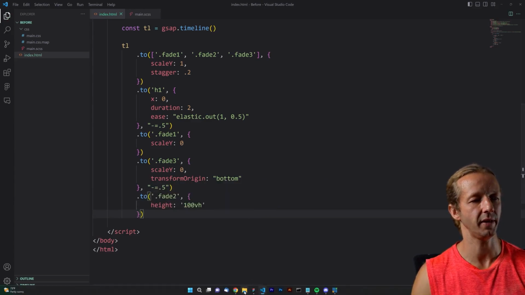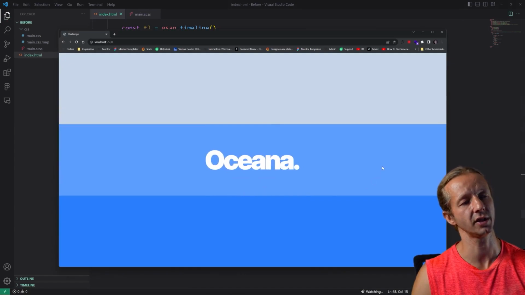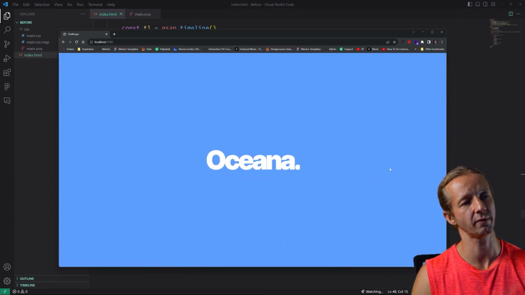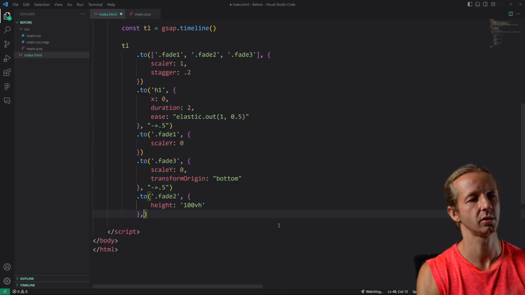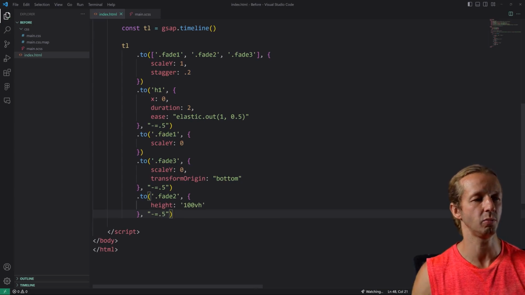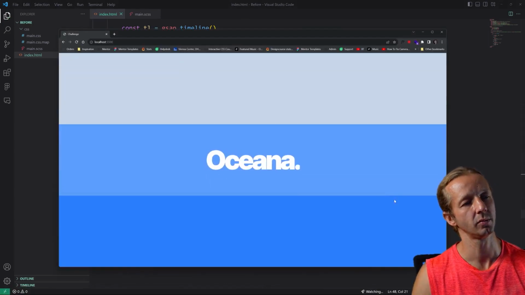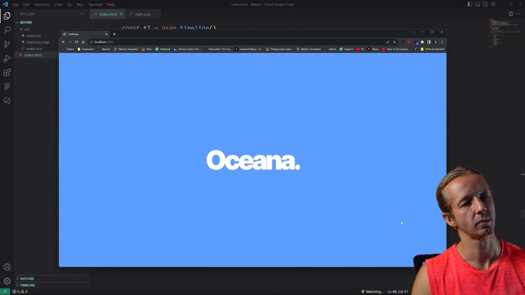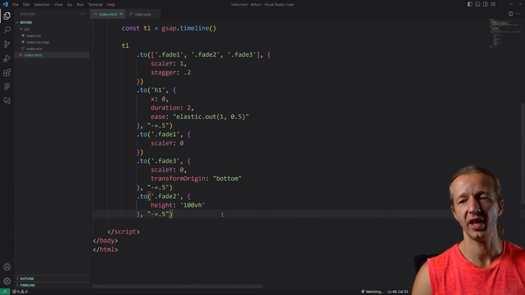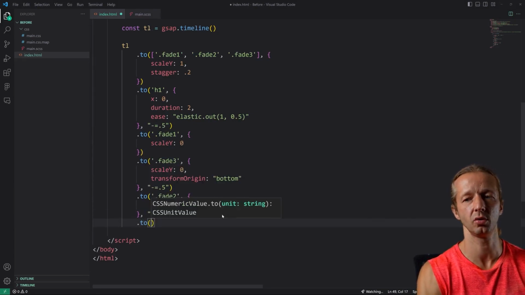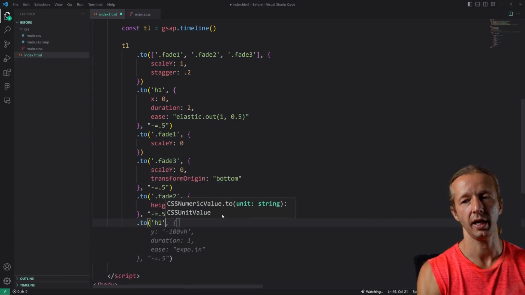Now, if I save this, and again, this doesn't have a time offset yet, so it's going to wait for those to finish. If we want it to happen real close, we can just do another offset. If we want it to happen at the same time, we could do negative 0.5 again. All right, now you still do see a little bit of a separation or a gap between the two, which is fine. And then the final thing we'll do is just do a 2 on our H1 element,